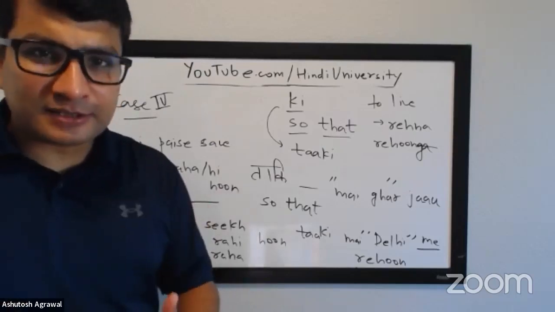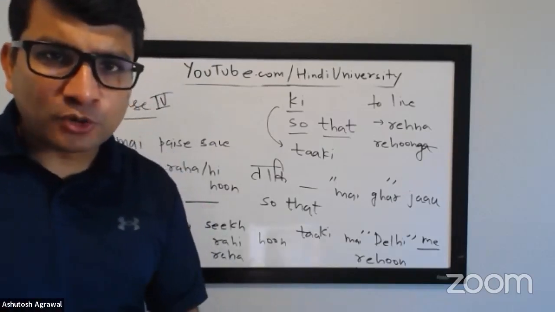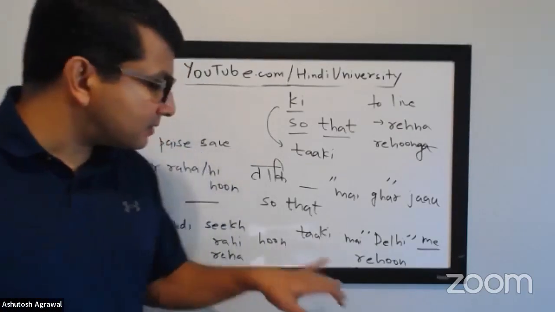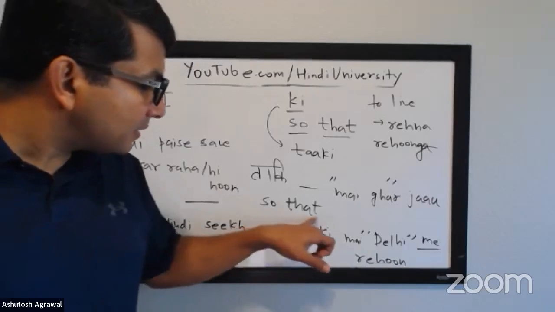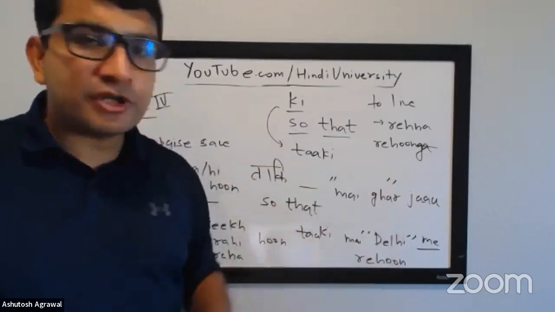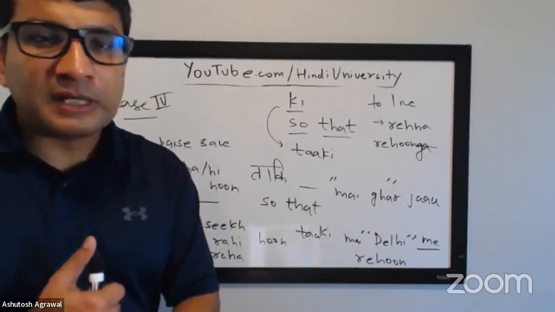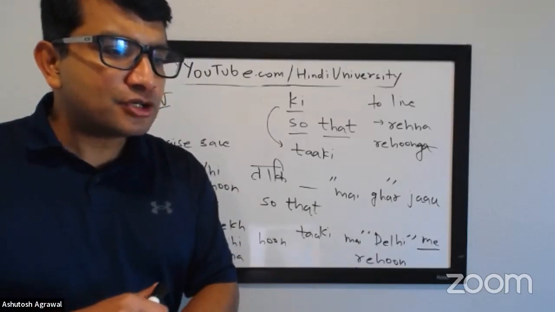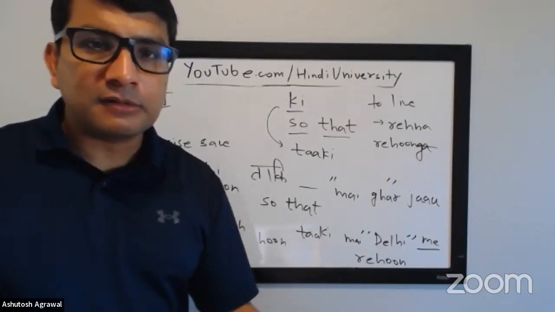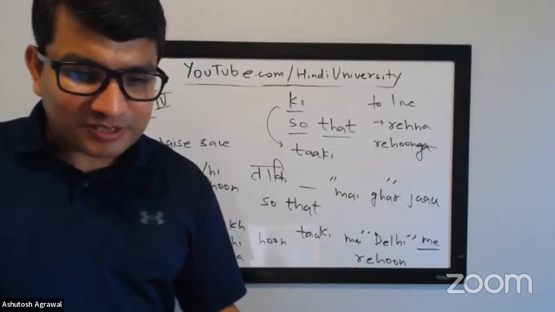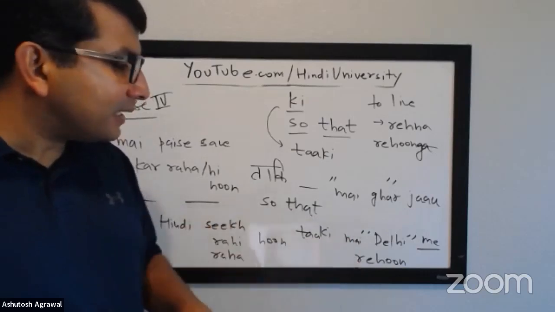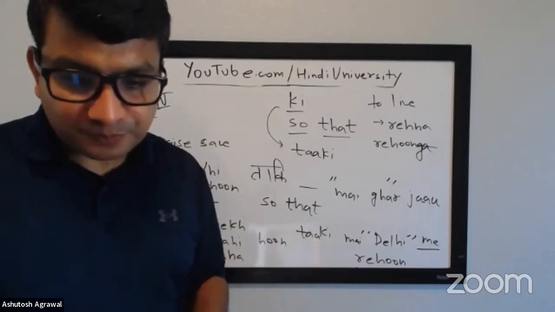But you know that this is the case number four, when you want to have expressions where you combine sentences with "so that". Anything that follows "so that" you can think of as also a wish essentially. But at the same time, the wish is not out of the blue. You are putting some effort towards it, right? And that's why you're saying मैं हिंदी सीख रहा हूँ और मैं सीख रही हूँ ताकि मैं दिल्ली में रहूँ. Anyone else?